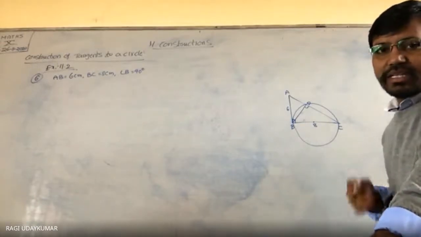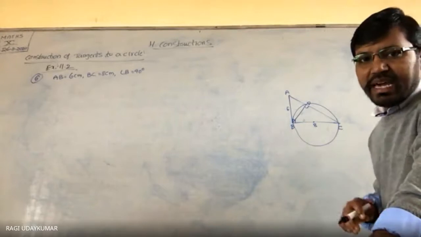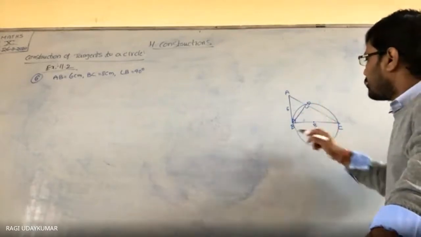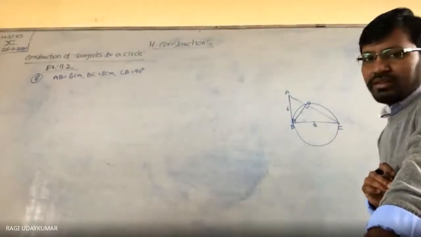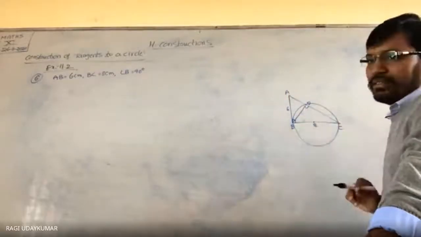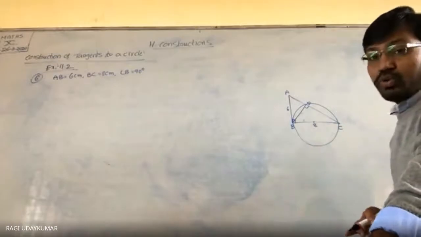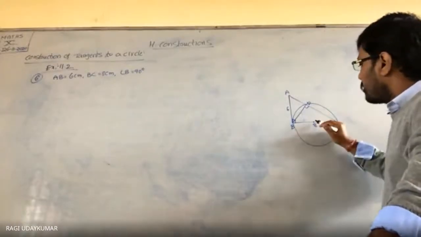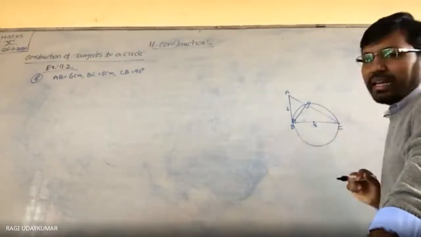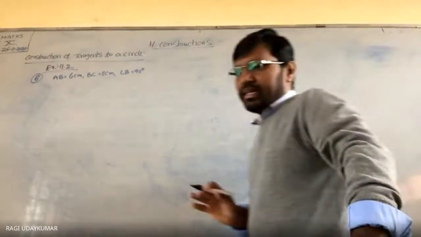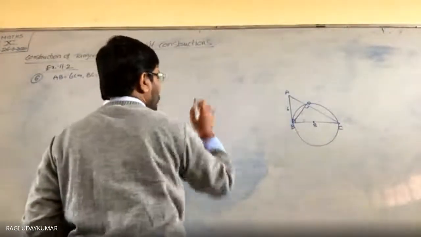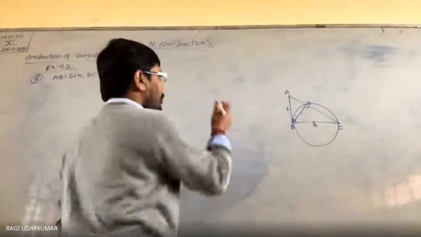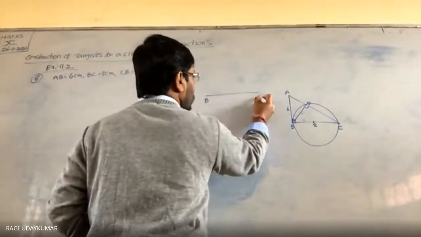Next, afterwards, construct the tangent to the circle from A. You have to draw tangents from A. One tangent is already there. Which is that? AB. Another tangent you will get like this. But for the other tangent, what to do? Take the midpoint of AO, the center of the circle, and join it to both. So first what to do here? On the basis of the rough figure, first draw a triangle. How to construct the triangle? First draw BC, 8 centimeters.